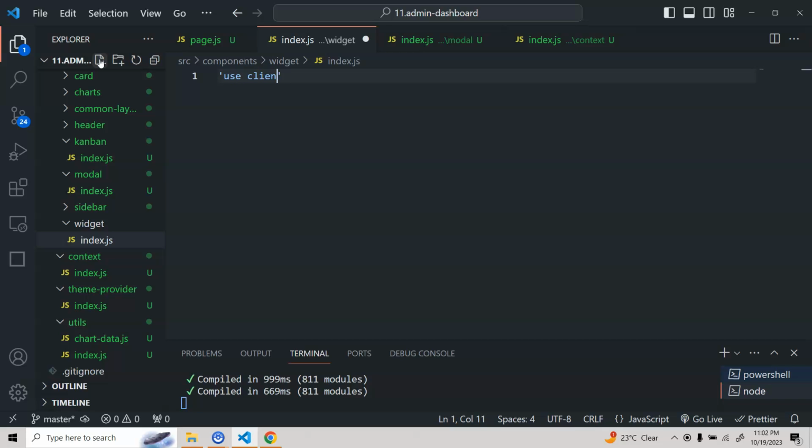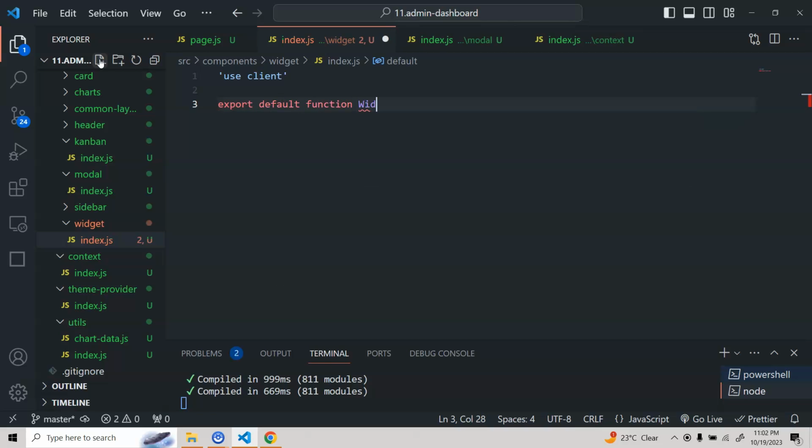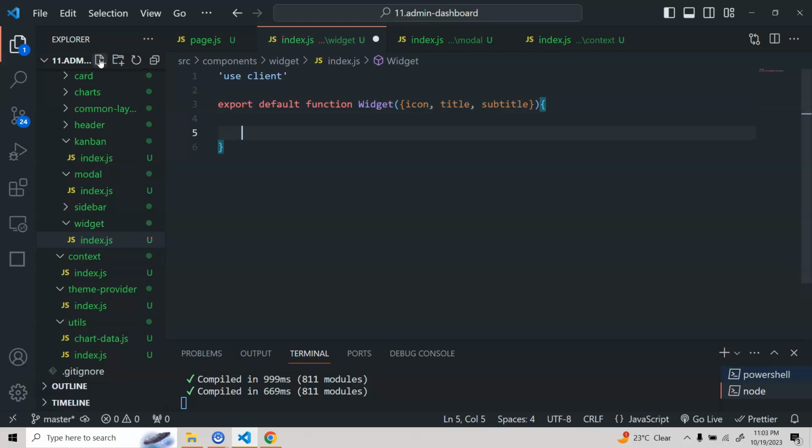So this will be use client. Now here we'll do export default function Widget. So this will receive some props. It will receive an icon prop, then it will receive a title. Also this will receive a subtitle. Now here we are going to return a Card component,